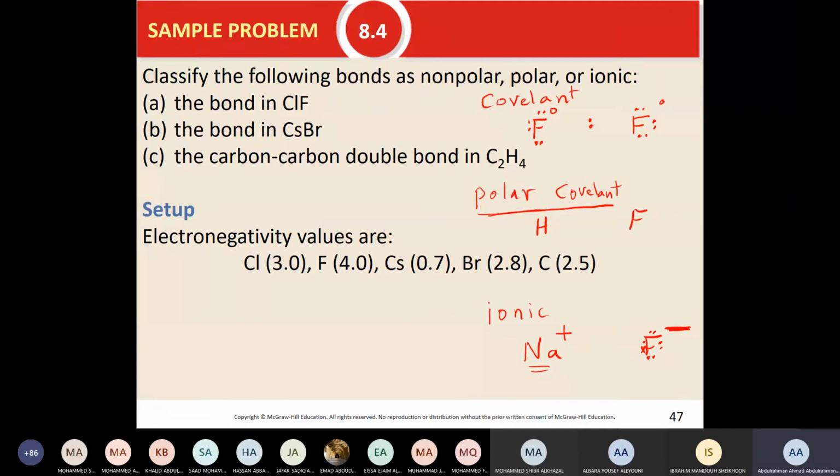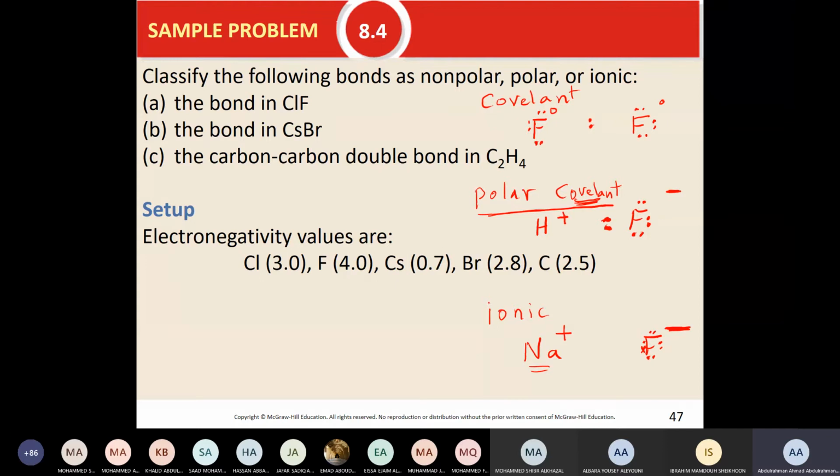But if I have something like HF, where are the electrons going to be? They are going to be shared. That's why we call them covalent. But they will be closer to fluorine than to hydrogen. Because they are closer to fluorine than to hydrogen, there will be a negative charge on fluorine, and there will be a positive charge on